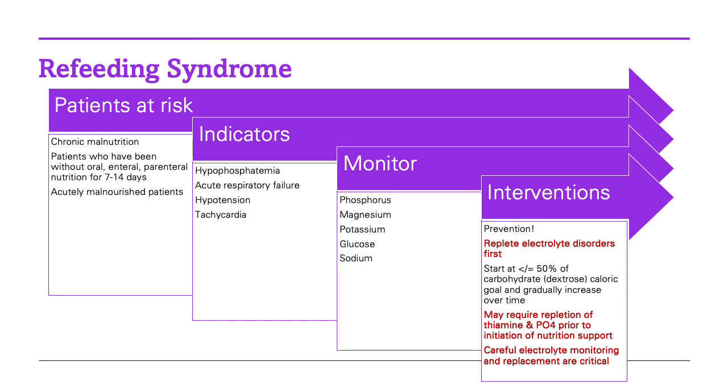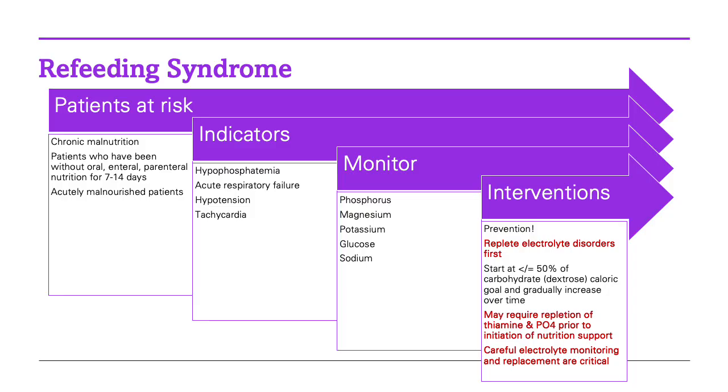Interventions, first of all, prevention is key. We want to replete electrolyte disorders first, so any crazy electrolyte derangements, we want to try our best to correct those before we start PN. And then when we do start TPN, we can start at less than or equal to 50% of the carbohydrate dextrose caloric goal, and then we'll gradually increase over time. You may require repletion of thiamine and phosphorus prior to the initiation of nutrition support,